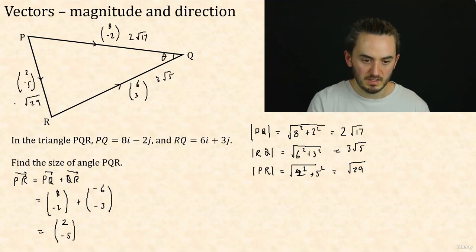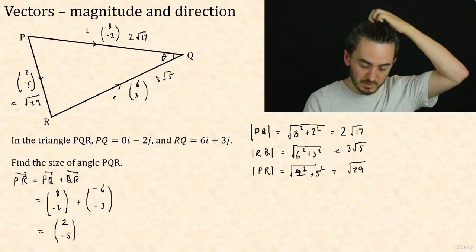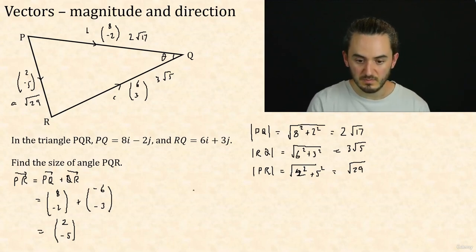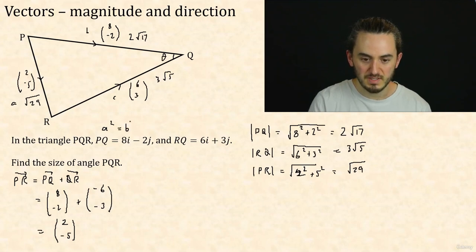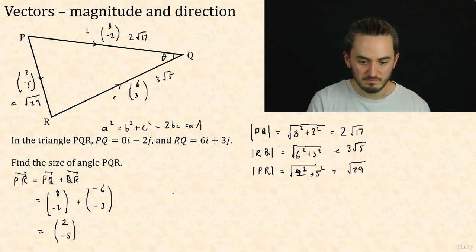So if we're thinking about it as A, B and C, we know that A squared equals B squared plus C squared minus 2BC cos A. So A squared, well, that's actually quite nice because if you square root 29, you just get 29. So A squared equals B squared, and 2 root 17 squared is 68. C squared is this thing squared, which is 45,